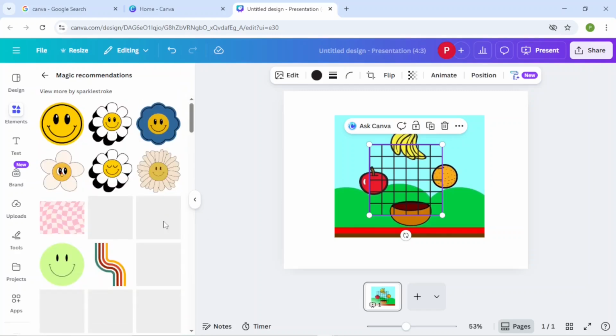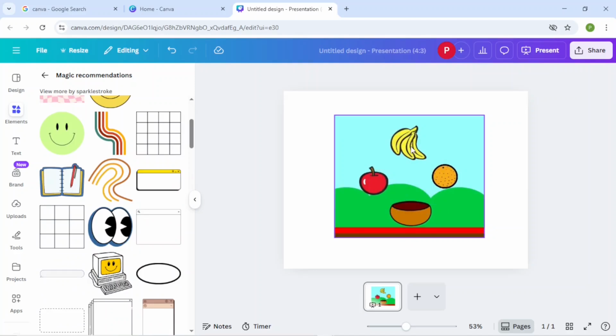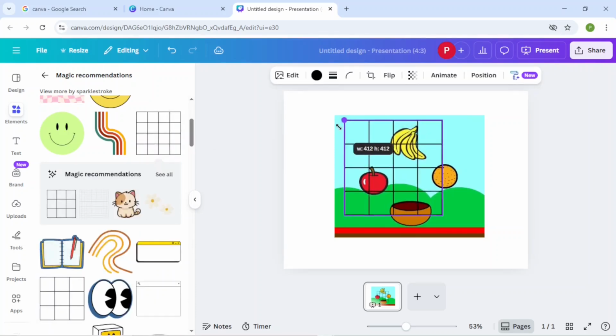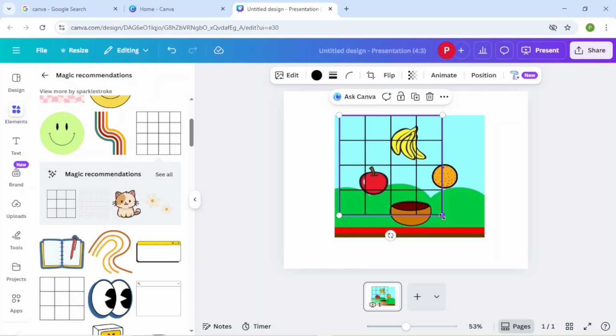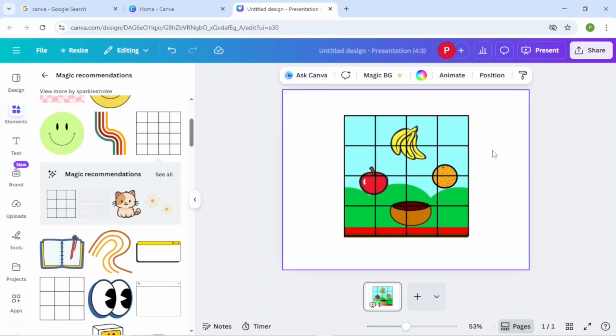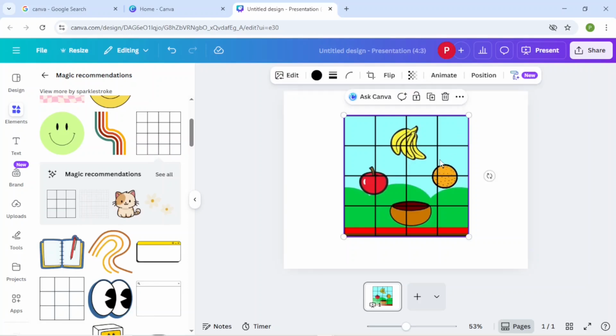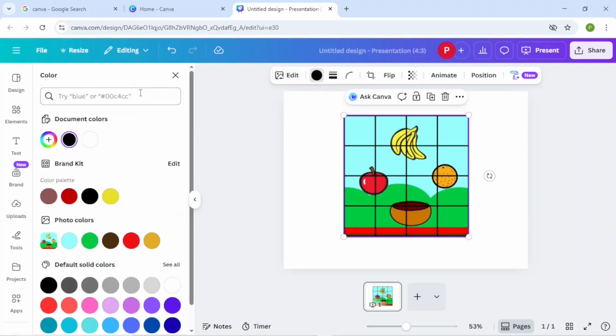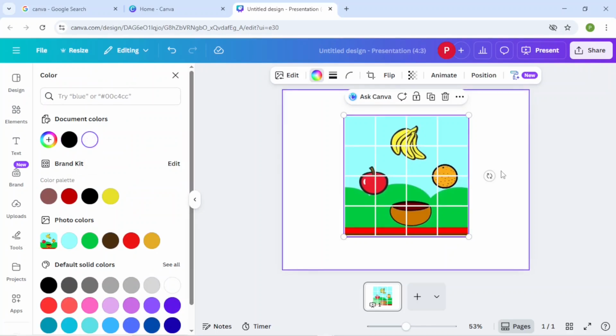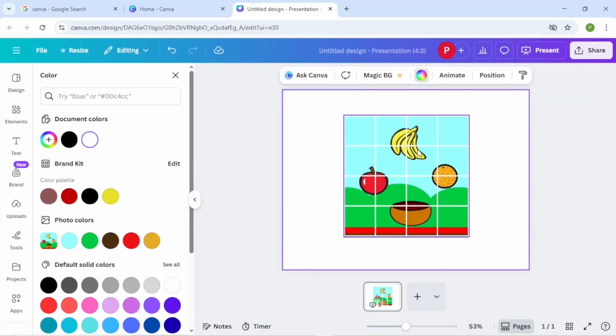So you can choose this one, and here I don't want this puzzle box. I want to turn my image into 16 pieces. So I will choose this square box and enlarge it according to the image. Now it's perfectly fit. Now how can we convert it into 16 pieces? It's very easy. Just select this net, choose the color and make it white. It's very simple. Now you can see it looks like 16 different pieces. We have just changed the color and automatically it has turned into pieces.